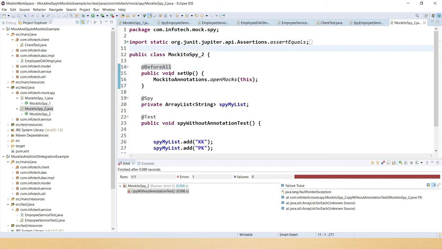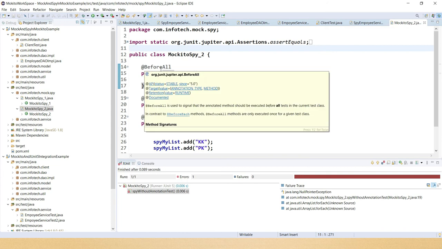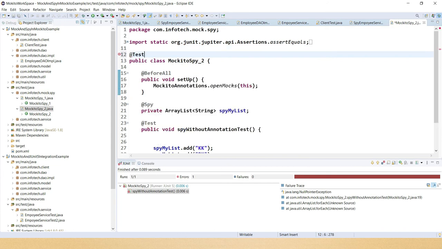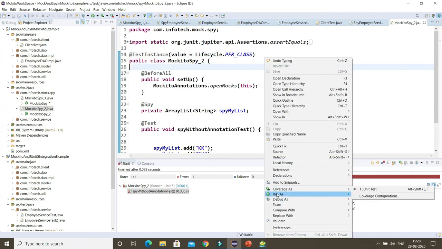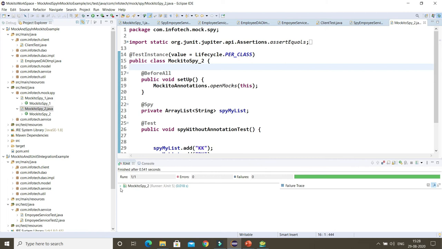And guys, as you know, in JUnit 5 this method has to be static, right? So once you make it static, the JUnit 5 method which is annotated as @BeforeAll has to be static, right? If I make this method static, then this keyword you cannot pass, because this is not allowed in static context. Then what you have to do to resolve this, you have to write @TestInstance, something like this, and here you have to pass lifecycle as class level, right? And that's it, you are done. If I run, then this should work now. Cool, now it's working perfectly fine.